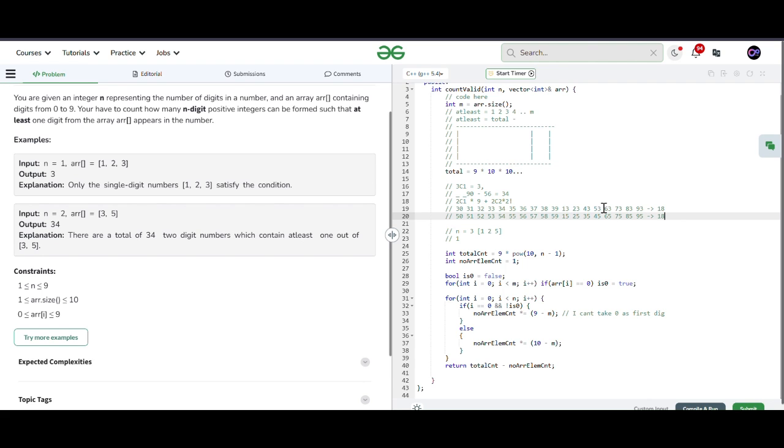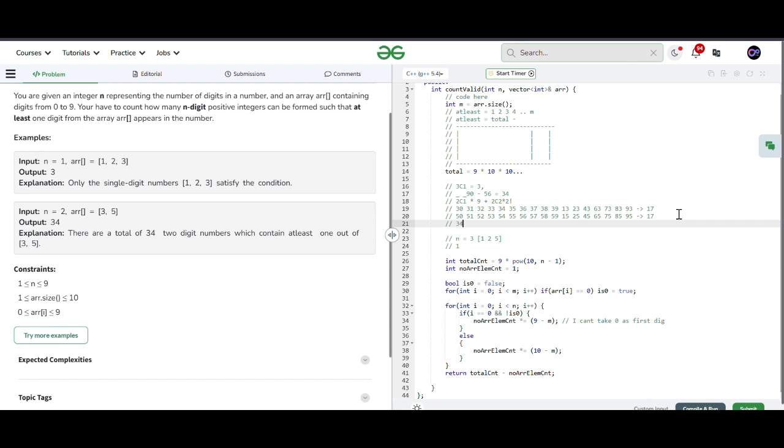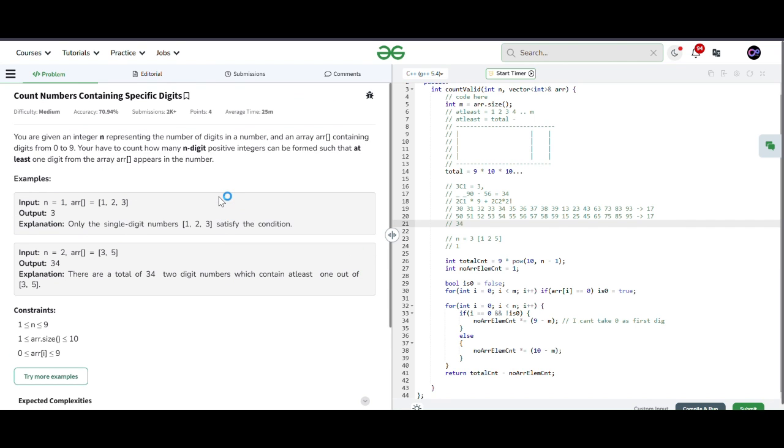If you carefully observe, I repeated 53 twice, right? So I should drop one of the two. Let's drop it not from here, but from here, right? And now the length becomes 17. Similarly, if you observe, 35 is repeated here and here also, so I will remove this one, right? And now it also becomes 17 possibilities. Okay. So in total I have 34 possible numbers I can generate using the conditions mentioned in the question.